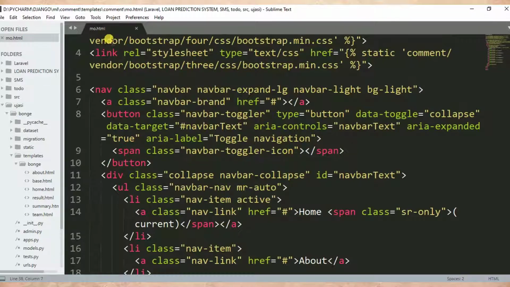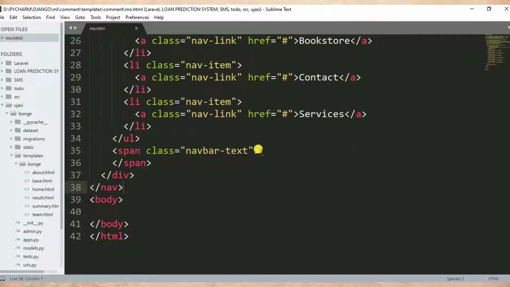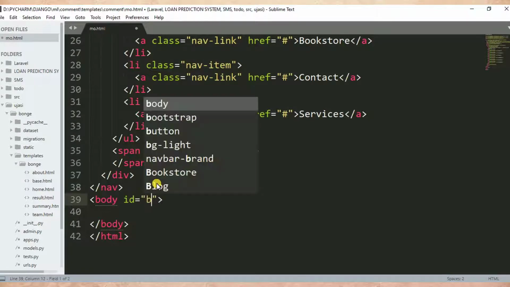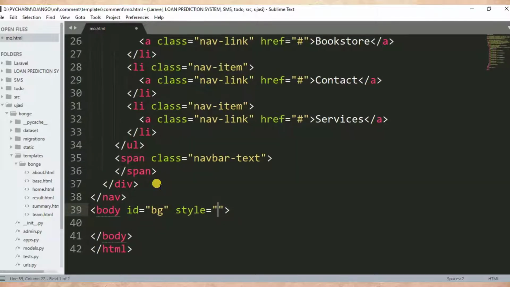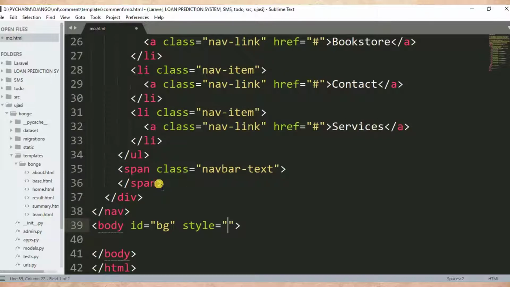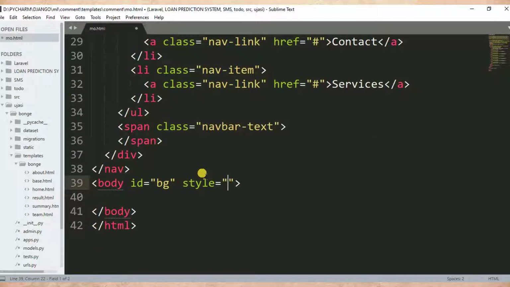It is called more.html. So here on body, let's write bg, write background id bg, then after style, right, let me increase the size to add more visibility.